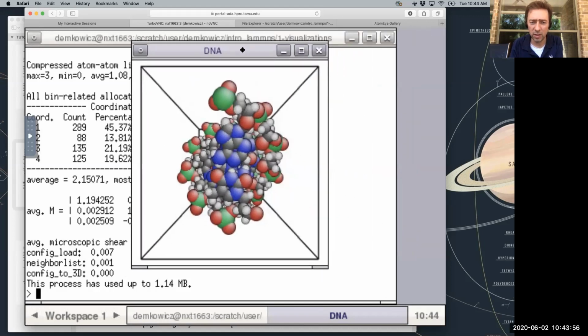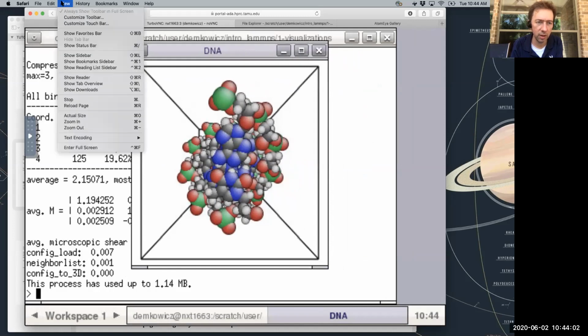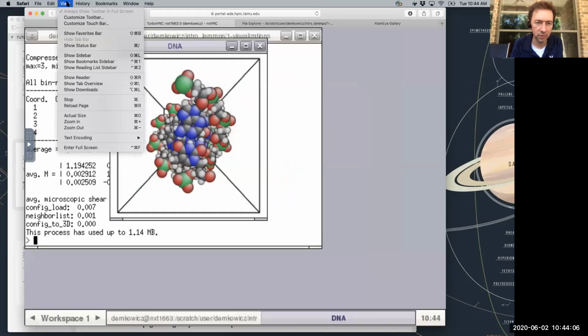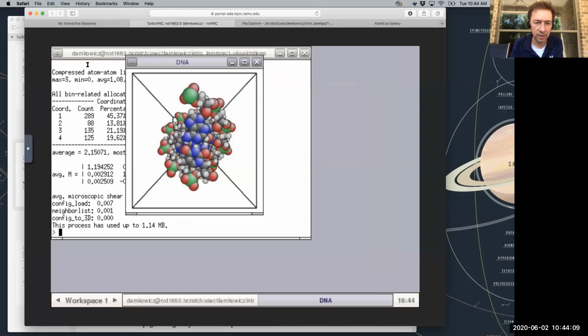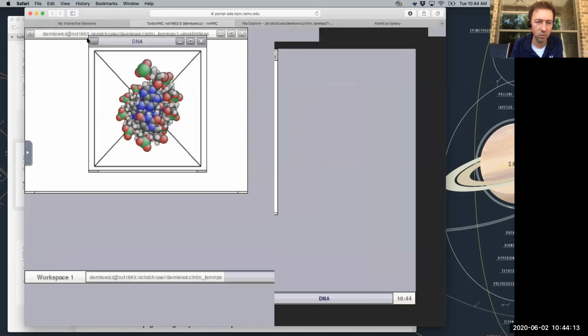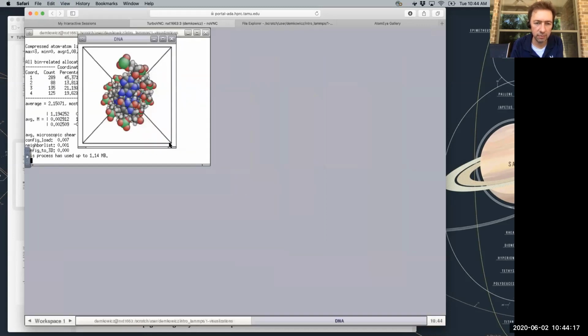Because I zoomed in a lot, this looks quite granular. So I'm just going to zoom out for just a second. I'll zoom back in when I have to actually do some more typing here. But for now, I'm just going to zoom out a little bit so this doesn't look quite so granular. Okay, zoom out. All right.